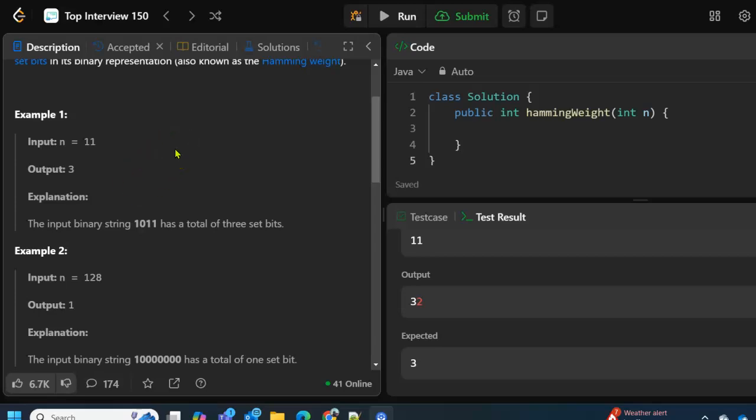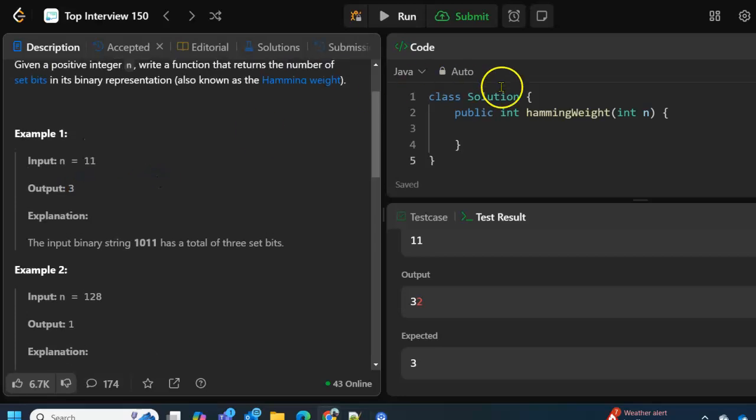Example, let's say the input is 11. If you convert that to binary, it is 1011, that's an 8, plus 2, plus 1, which is 11. And as an output, we will say 3 set bits. Okay, before we do this the